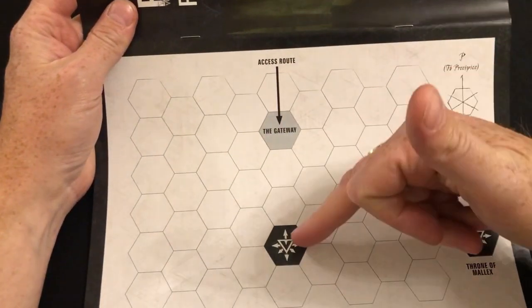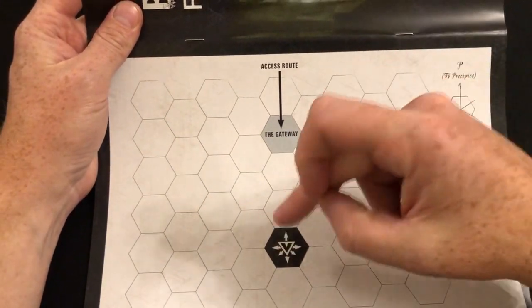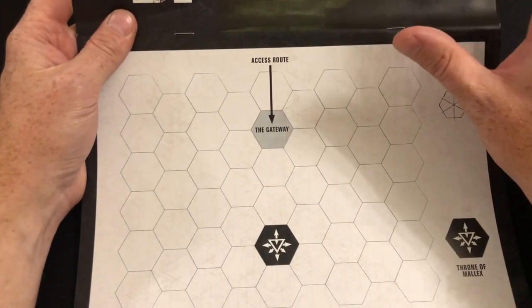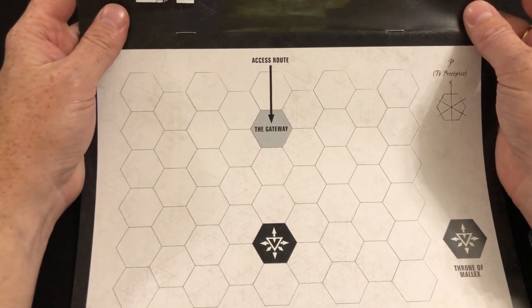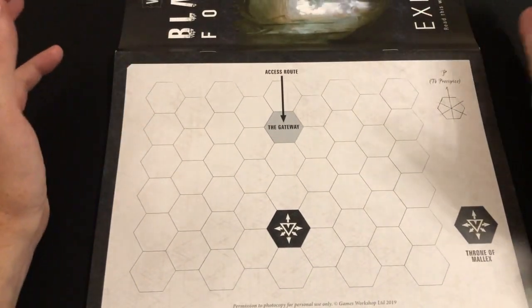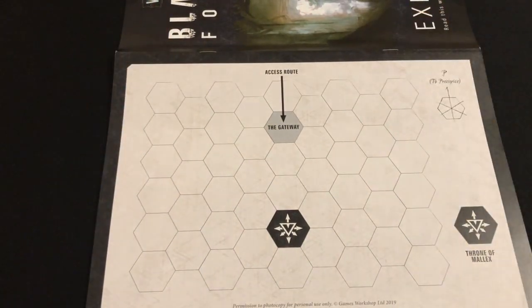And the aim is to plot your route all the way through to this throne room. However, before you can access this throne room, you have to defeat 4 specific shrines. Each shrine is dedicated to one of the ruinous powers. And each time you complete one of those shrines, you will get